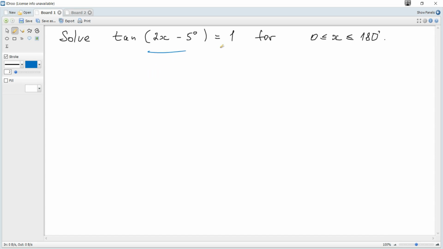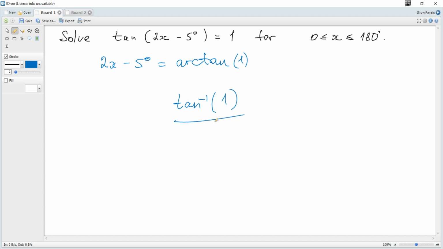We just copy this argument, just rewrite 2x minus 5 degrees, and it doesn't matter what it is, equal to arctangent of the value on the right hand side of 1. Arctangent is the same as the inverse tangent, or tan negative 1, and applying a calculator you may find directly using tan negative 1 to find the value of this arctangent, and plus